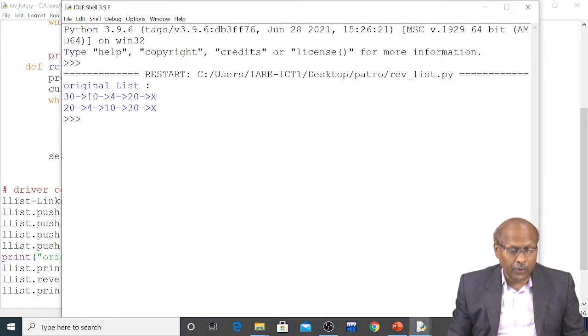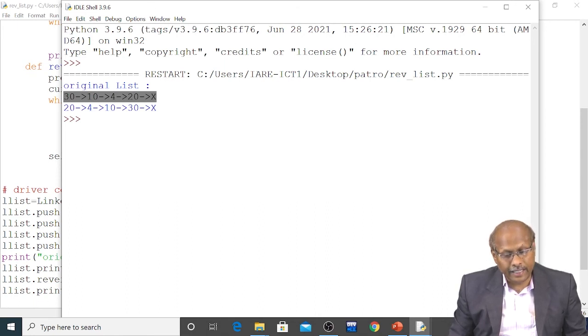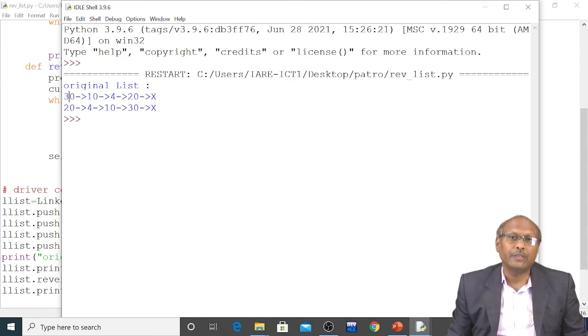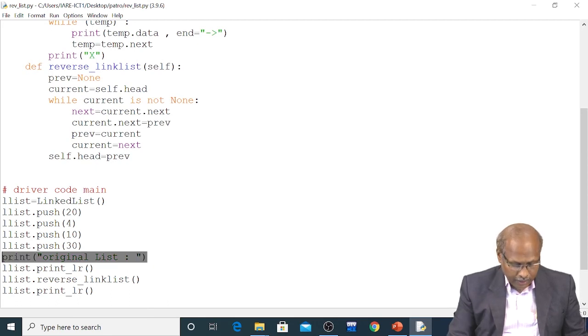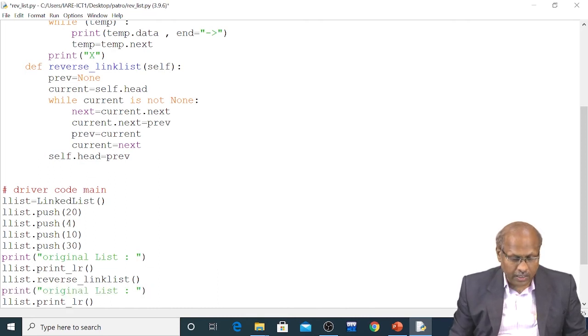If you observe here, this is the original list. And after reversing, 24, 10, 30 and X. So that null pointer has come after the first node. Okay. So here you can also display after reversing. I'll say reverse list.